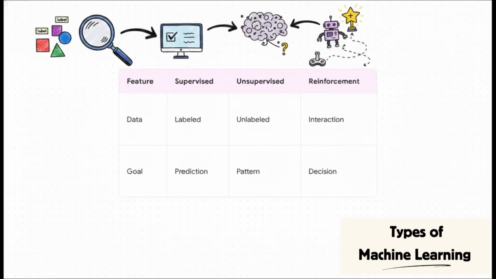Section 4, the climax, comparing the three types. Okay, now that we've walked through all three teaching methods, let's pull all these threads together. Look at the main goals here. Supervised learning predicts outcomes using specific, labeled answers. Unsupervised learning discovers hidden patterns using raw, unlabeled data. And reinforcement learning decides actions by seeking rewards in an interactive environment. They each serve entirely different purposes depending on the problem at hand, giving computer scientists a really versatile toolkit for